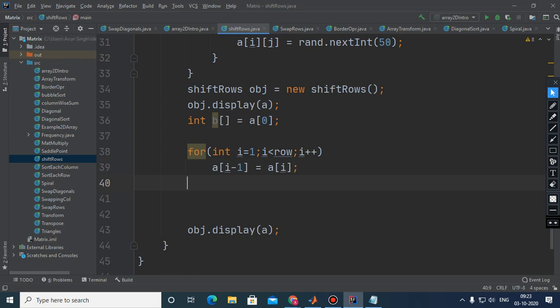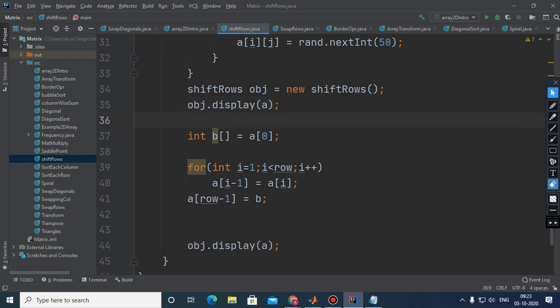And when this loop terminates, a of row minus 1 will receive b. So children, this is done. This is the easiest method of swapping all the rows. Only 4 lines are needed.